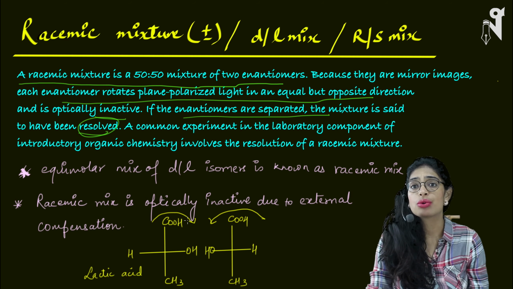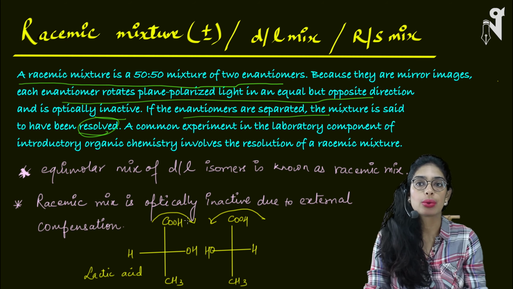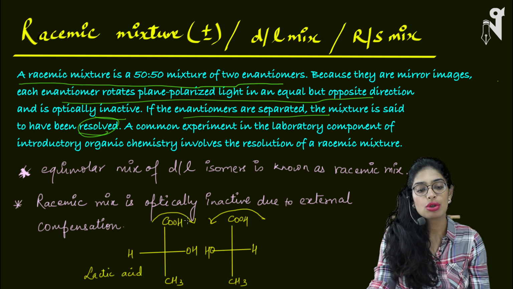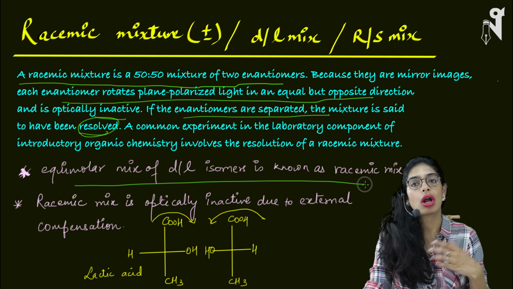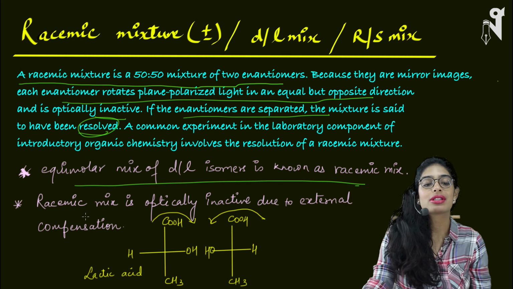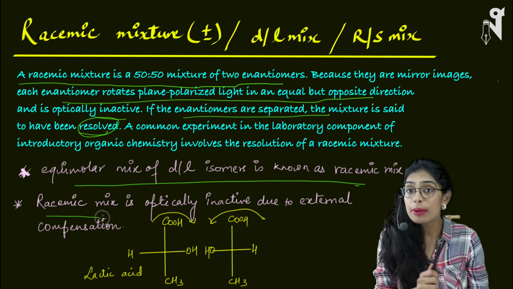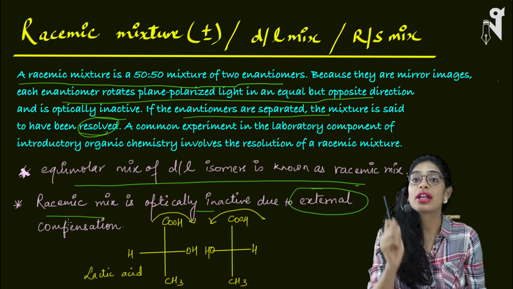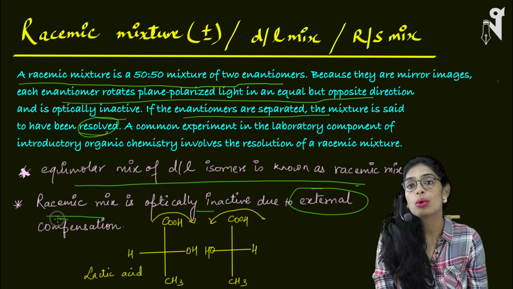There are many methods to resolve the mixture, and we will be doing it going forward. Okay, so what we have got is an equimolar mixture of D or L isomer, or R or S isomer, whatever you want to call it. This is called a racemic mixture, and a racemic mixture is optically inactive, not because it doesn't have optically active compounds present. It is because it has optically active enantiomers present in equal number of